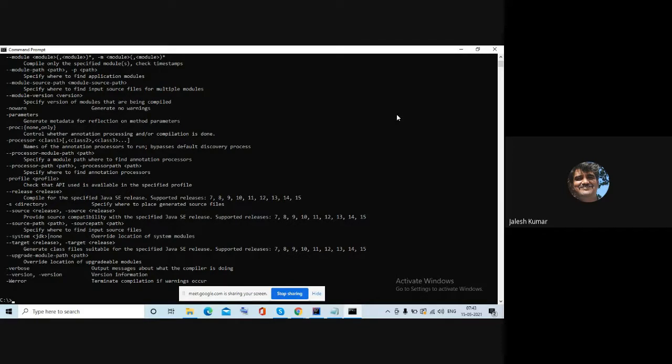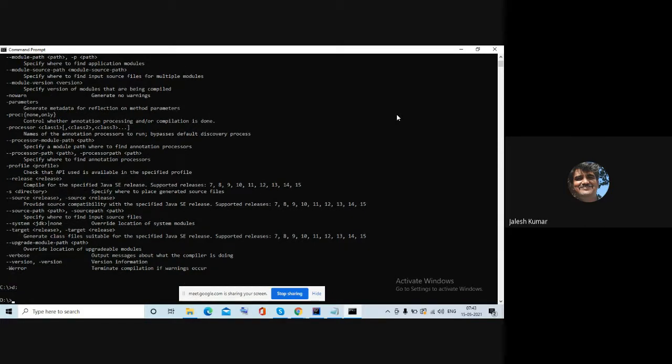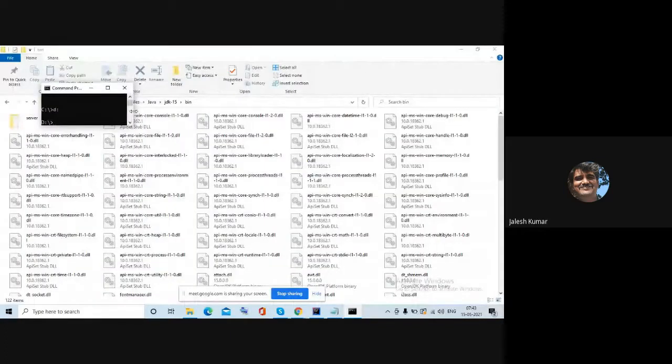You have to set that in the environment variable. You copy the path, go to environment variables, select path, and then include this. That's all. See, now I'll go to D drive itself, and in D drive also our program will execute.